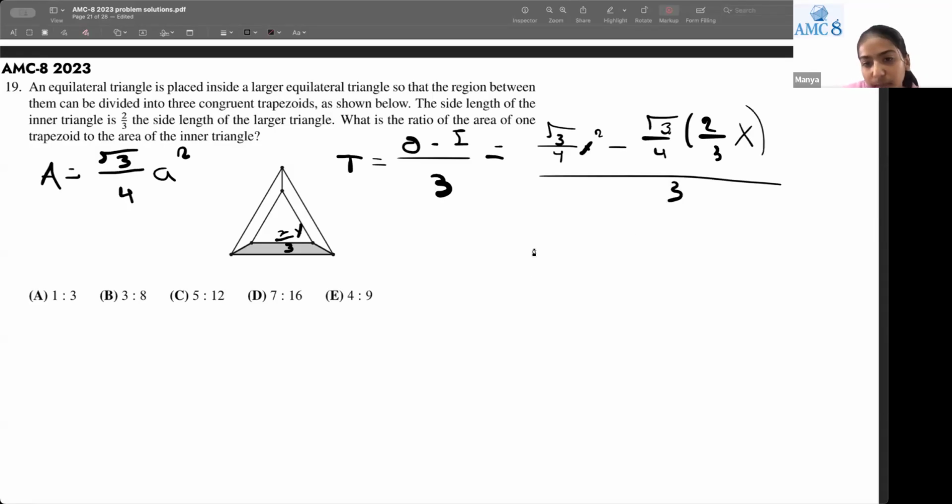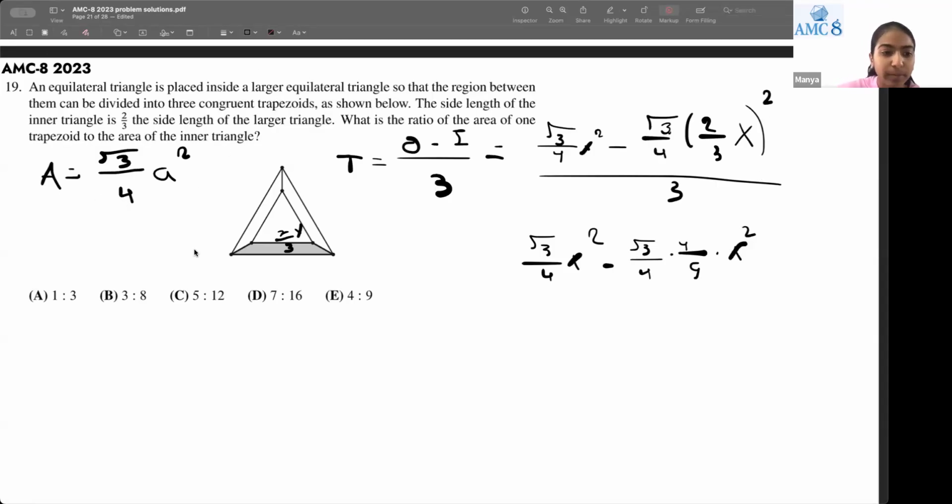And when we solve this, we're going to be getting the square root of 3 by 4 x squared minus the square root of 3 by 4 times 4 by 9 times x squared. I forgot to write the square here, but we would also have to do a square here